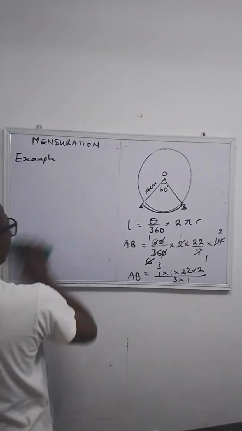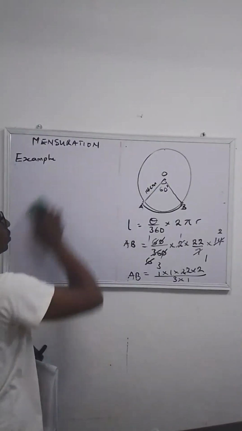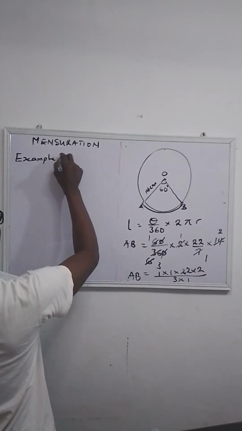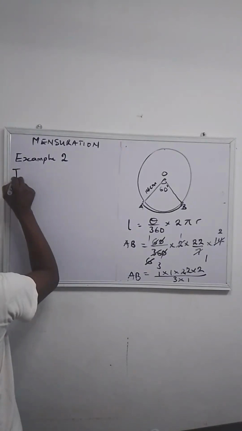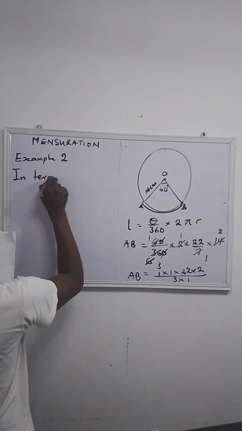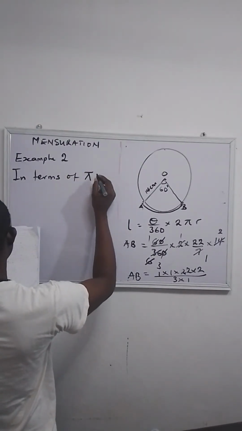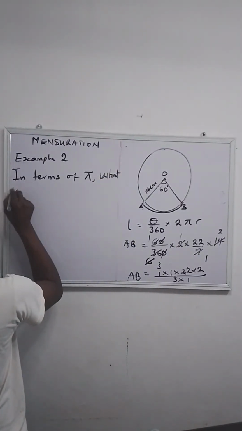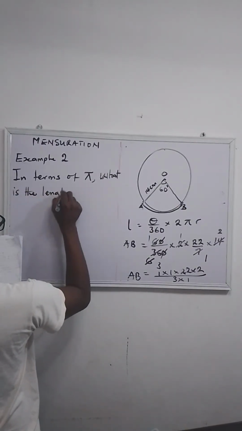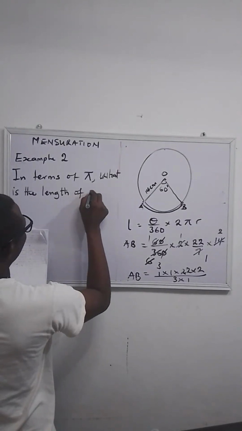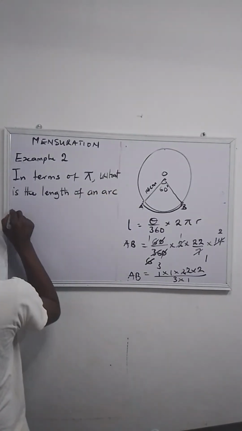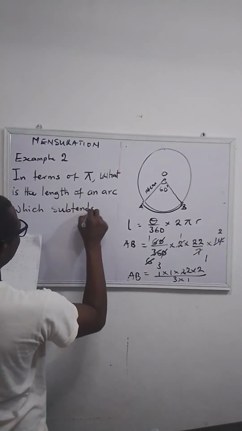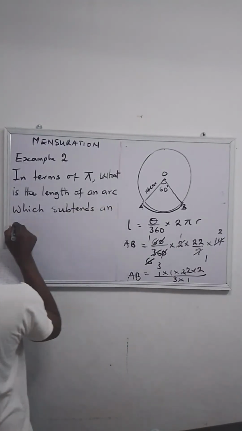Example 2. In terms of pi, what is the length of an arc which subtends an angle